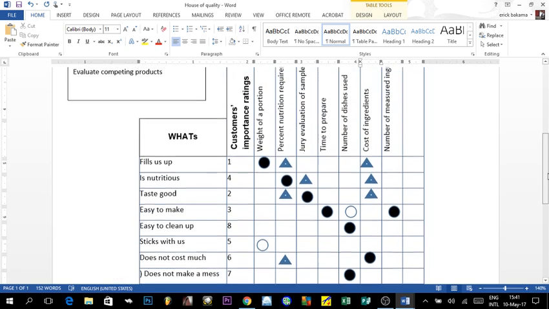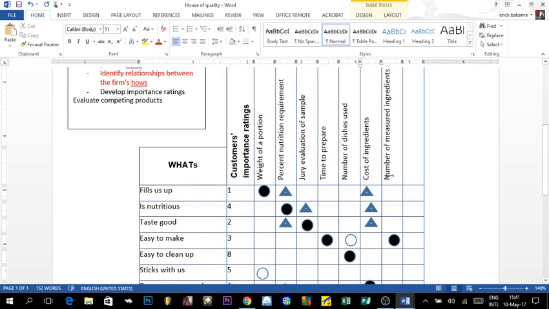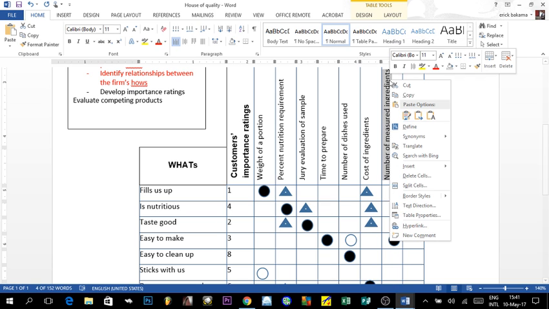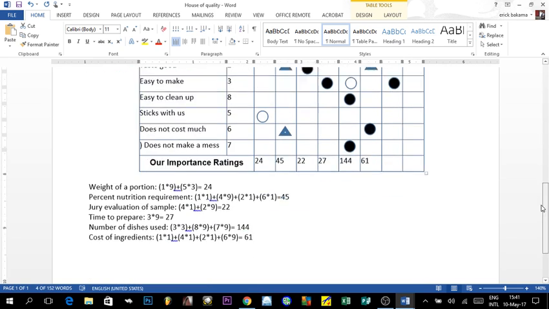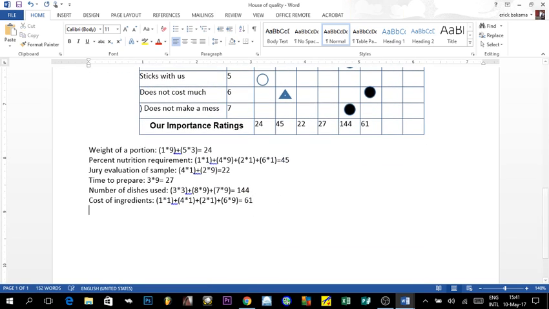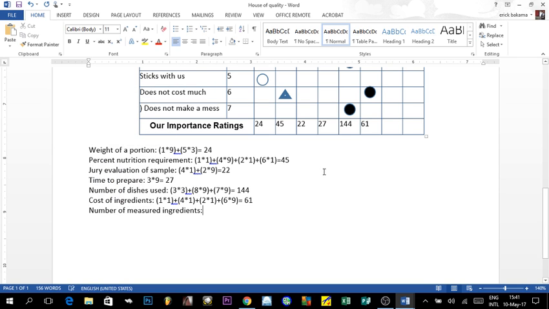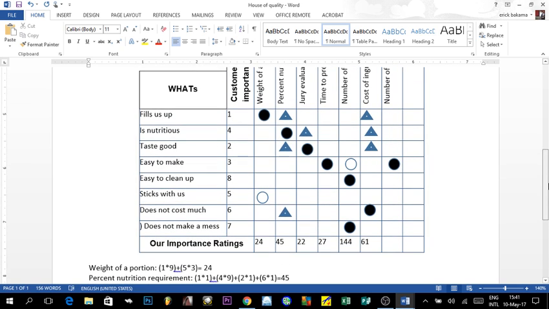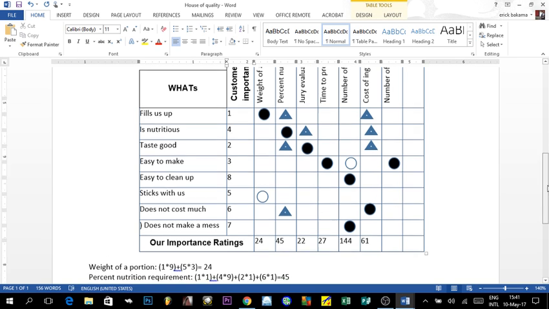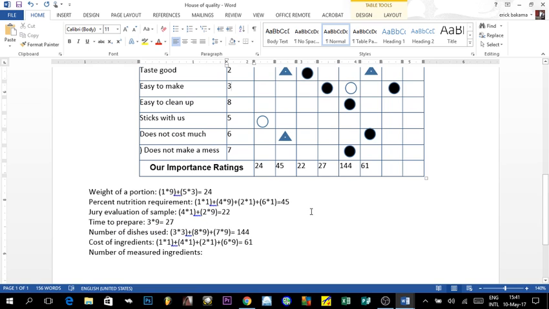And finally, the number of measured ingredients. The number of measured ingredients has a relation with only the easy to make part, which has a rating of 3, and the other one is 9. So we'll have 3 times 9, which gives us 27,